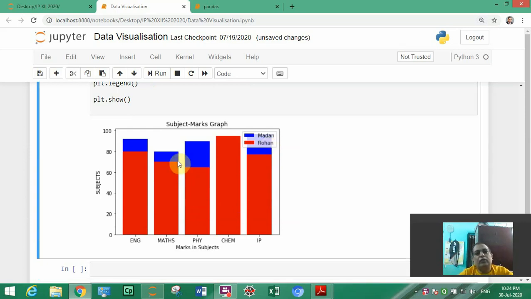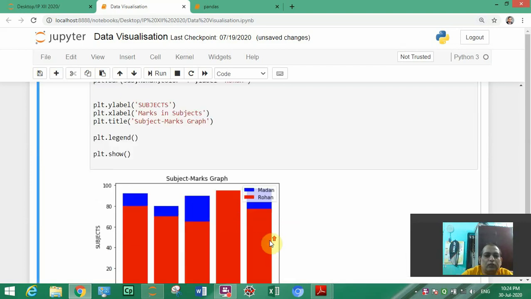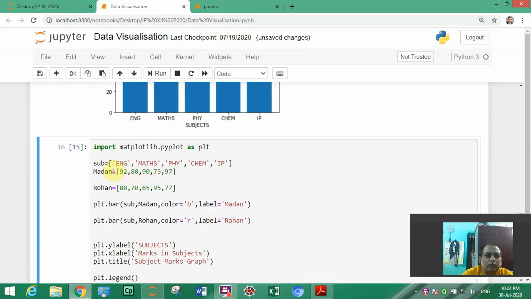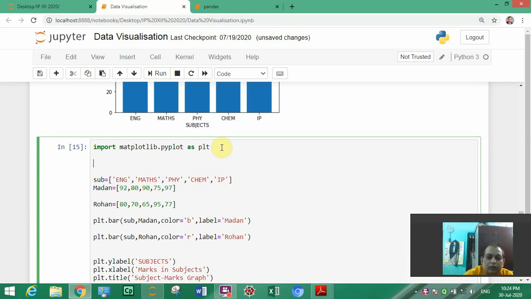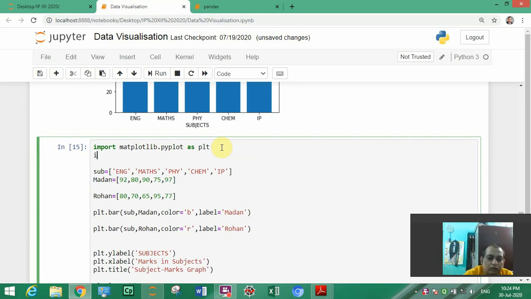Now suppose we want to create bars side by side, red and blue. For that we have to do one thing. We have to remove this English and the subject name, and we have to create one array with linspace, that you have done in the 11th class.